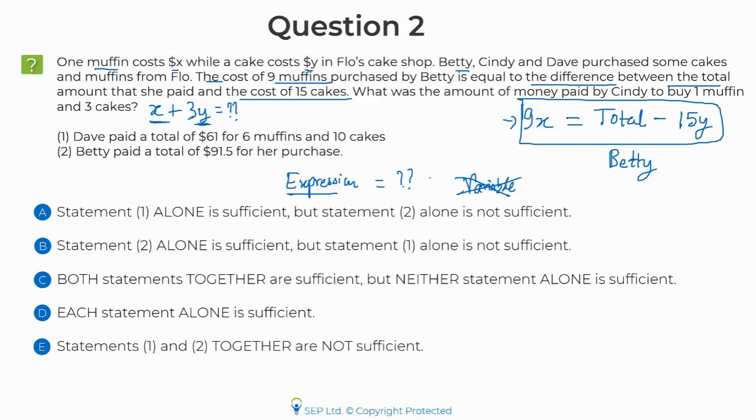Point number 2, the moment people see x and y, they say, okay, I need 2 equations to solve for x and y. And if I'm able to solve for x and y, I'll get the value of x plus 3y, which is what I'm telling here. This is the root cause of all trouble. Now, with this in mind,